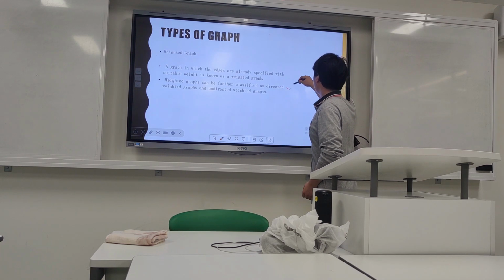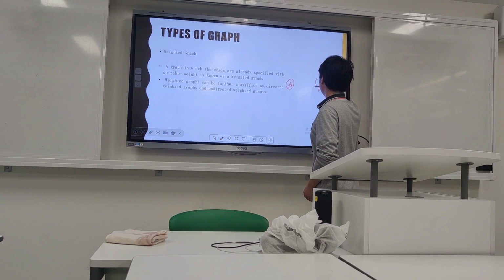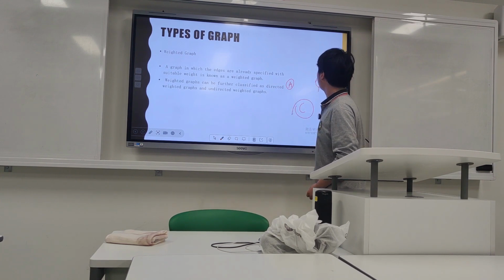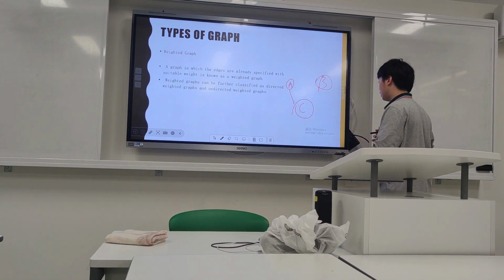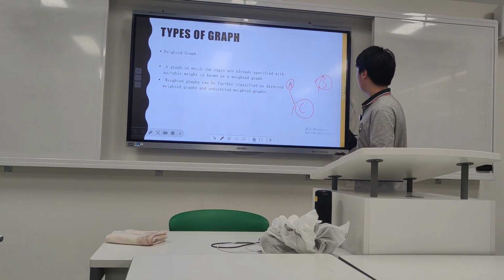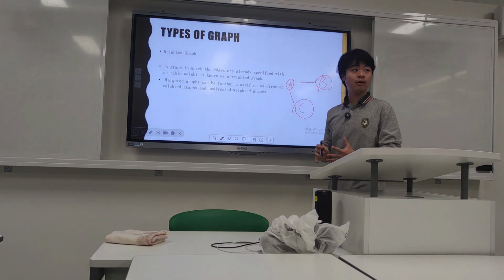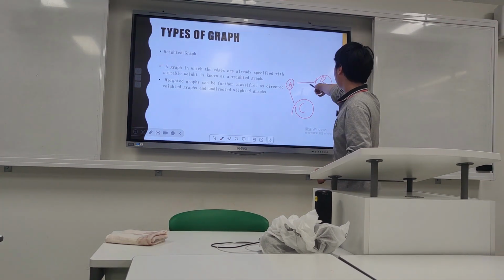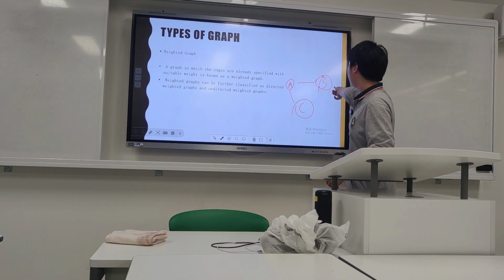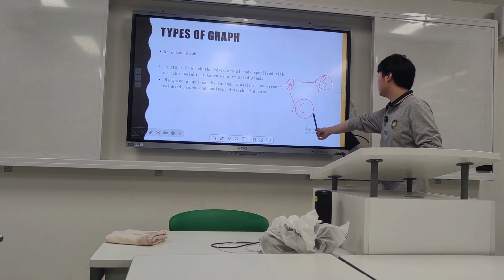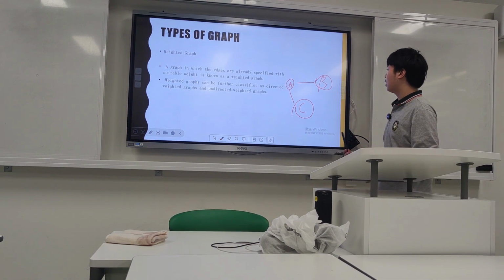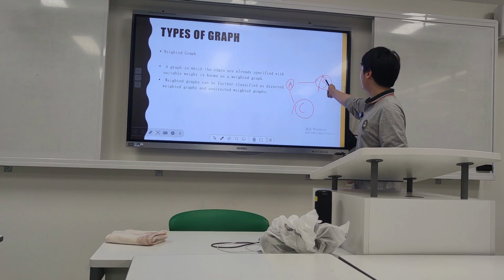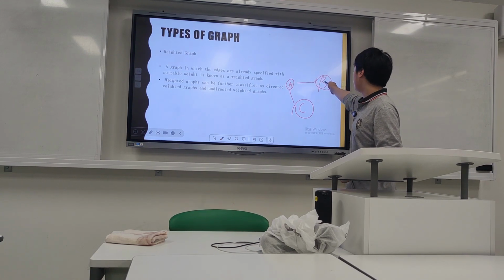For example, this is city A, this is city B, and this is city C. If you are discussing only whether you can get from one city to another, for example, here you can get from city A to city B, and from city A to city C, and this is already a graph, and it is not weighted